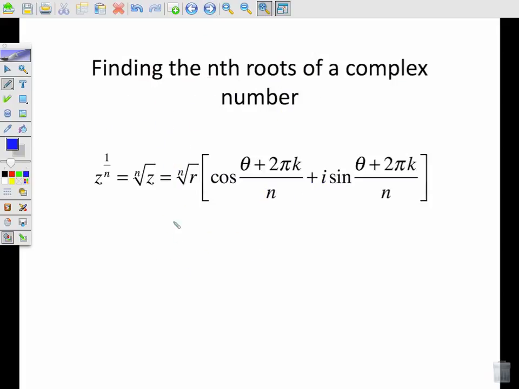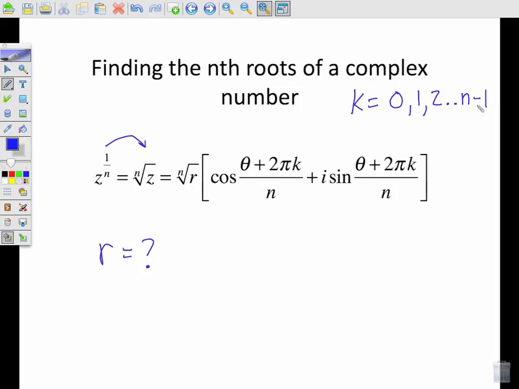So there's a formula that we're going to use. Here's the formula for finding the nth roots of a complex number. Z to the 1 over n, this is the same thing as writing it as the nth root of z. You find it by taking the nth root of r, so again we're going to have to find out what the r equals. And then cosine of theta plus 2 pi k over n. Now k will be the numbers starting at 0 going all the way up to